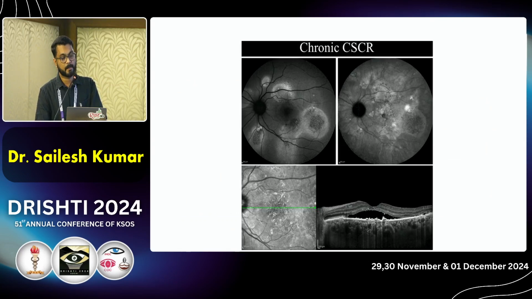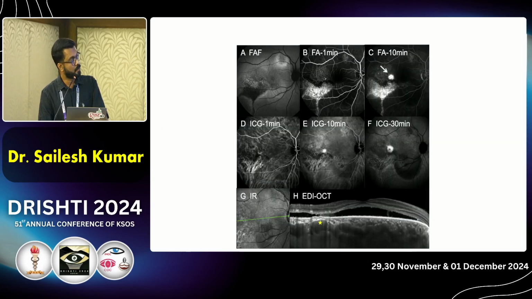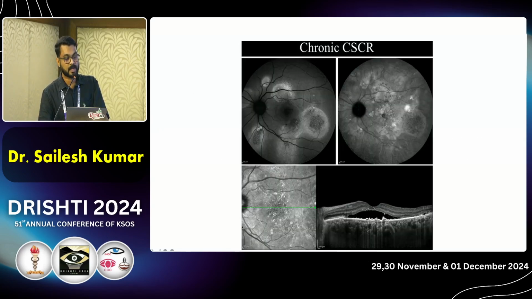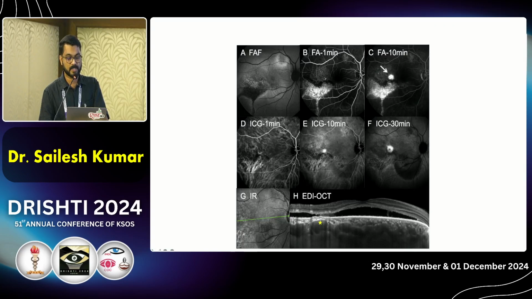So this is a fundus autofluorescence of a chronic CSCR in which you can see widespread RPE alterations here. You can see the gravitational tracks in which there are these RPE defects seen as hypoautofluorescent with surrounding hyperautofluorescence. This is fundus autofluorescence, FFA and ICG images of a chronic CSCR. You can see these gravitational tracks,